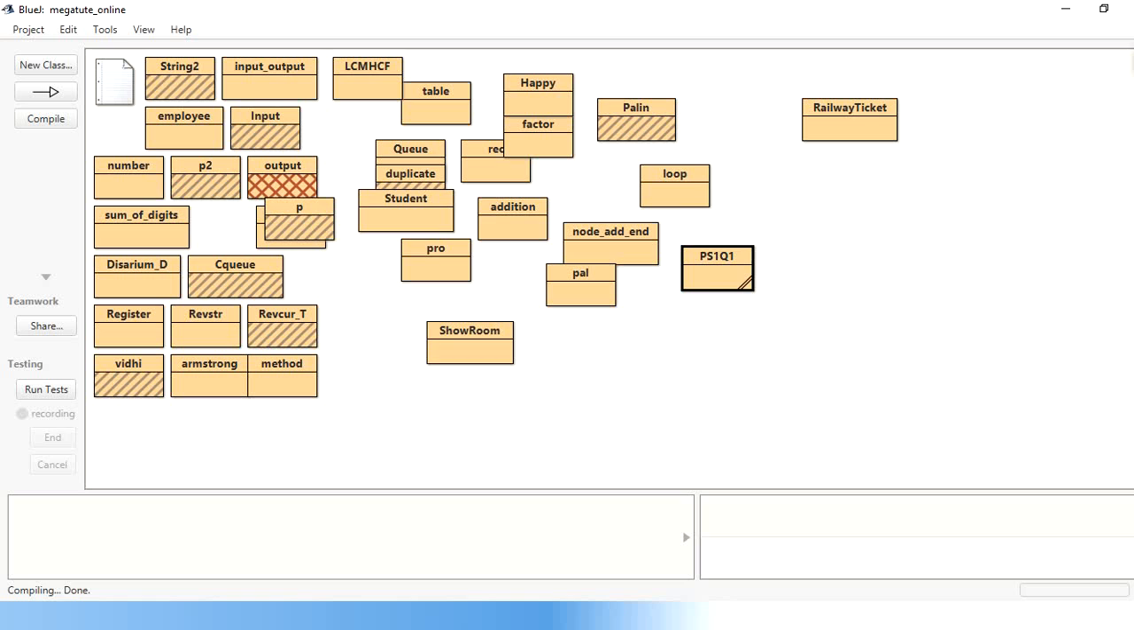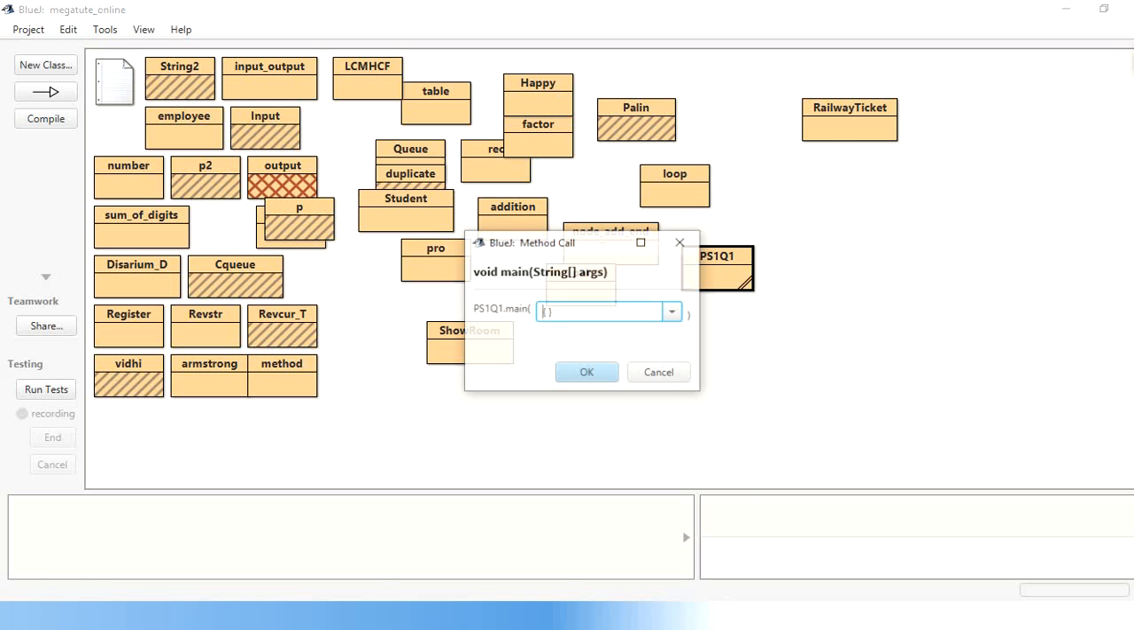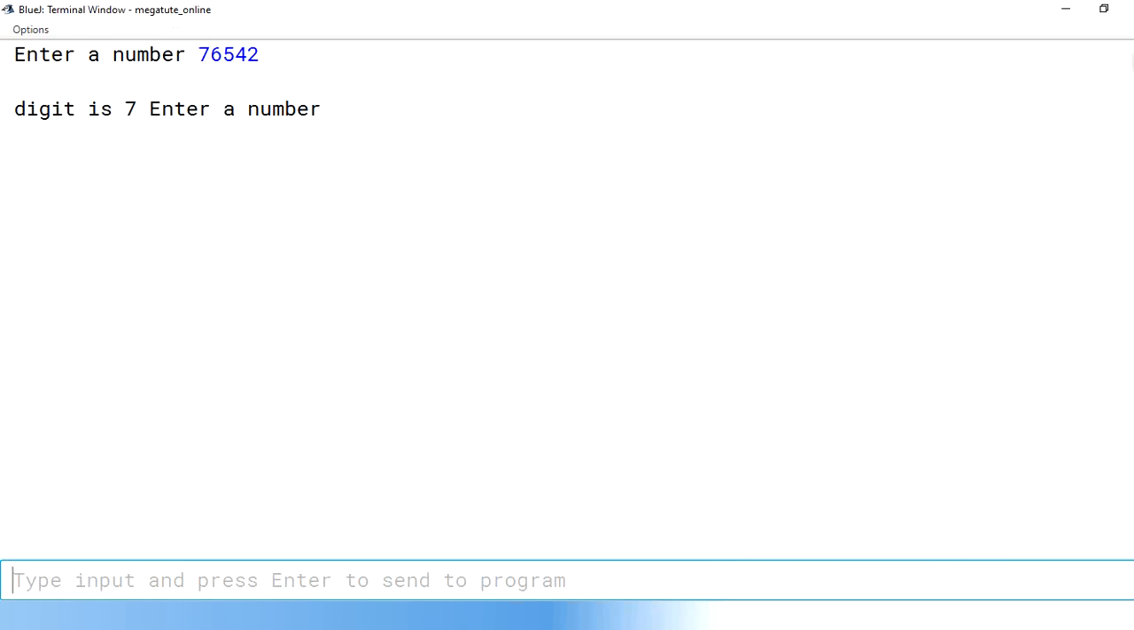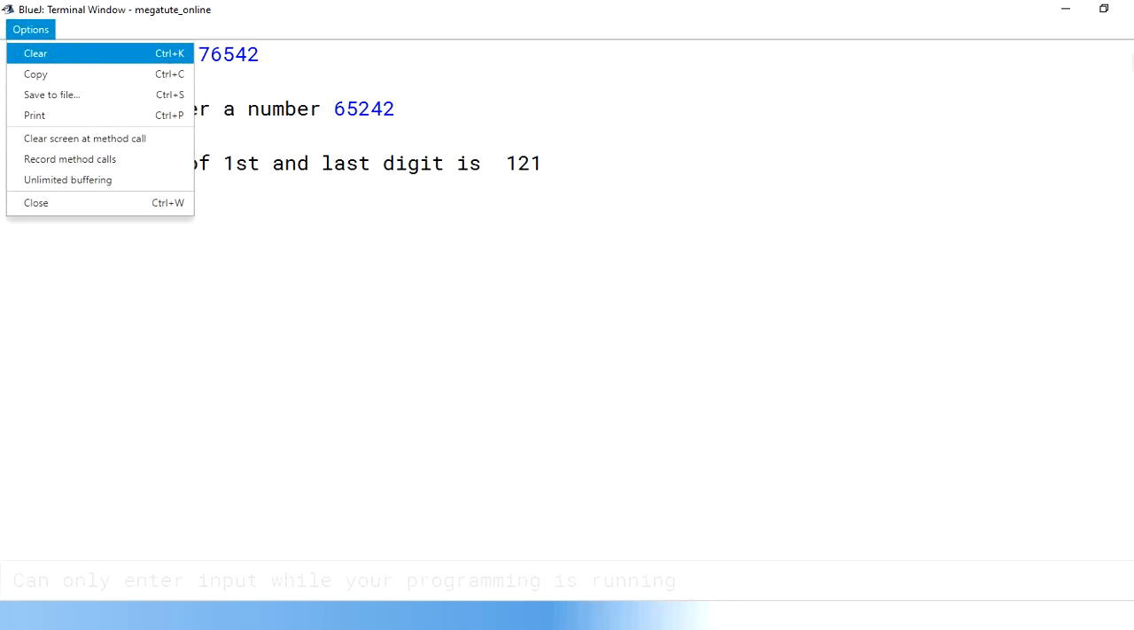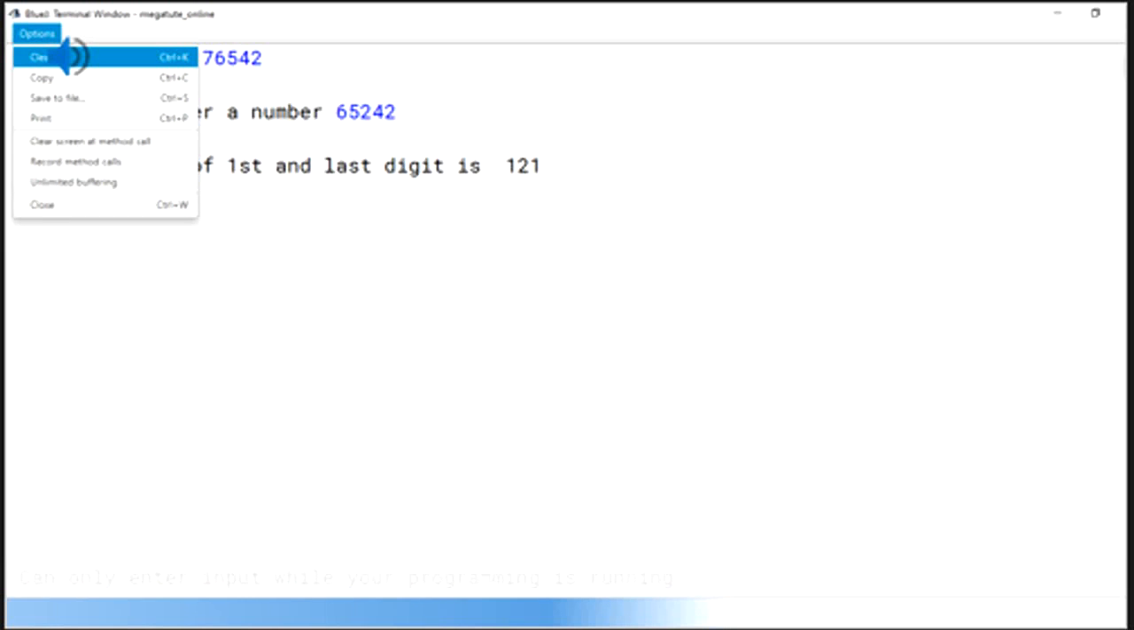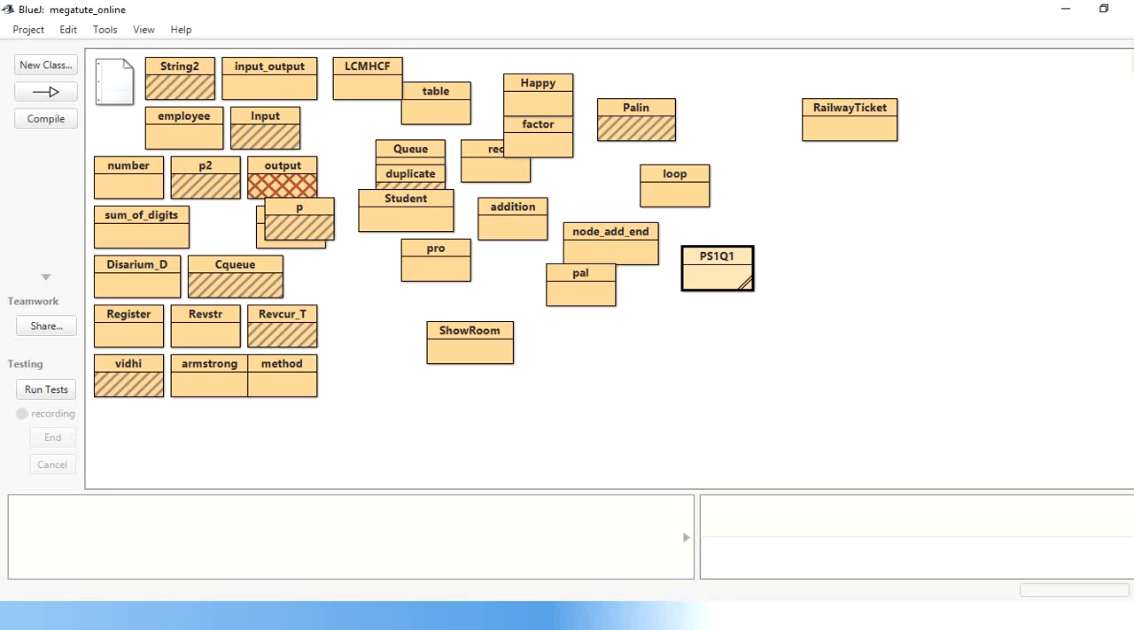So here it goes. You see the square of 6636 and 224. Sum of squares of first and last digit. 2 square is 4, and I think it has exceeded the, let me check it out. It has exceeded the integer limit. What do I mean by exceeded the integer limit? That means